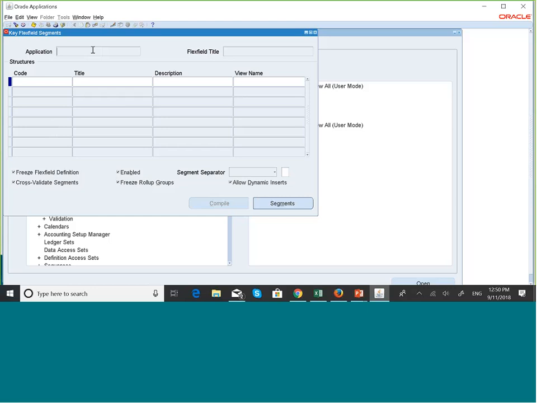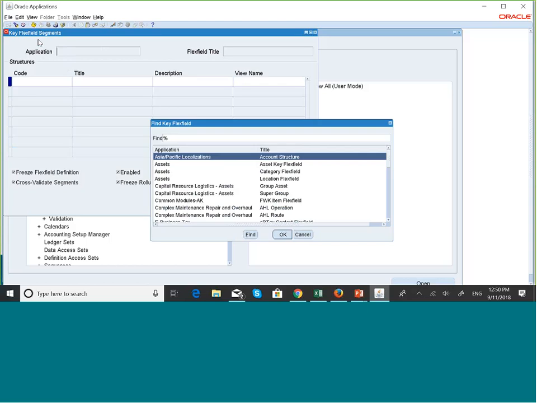Module and application are terms that can be used interchangeably. So in this window, this first field, which application are we using? It's general ledger. So you can come here and select this button, which is used to find,